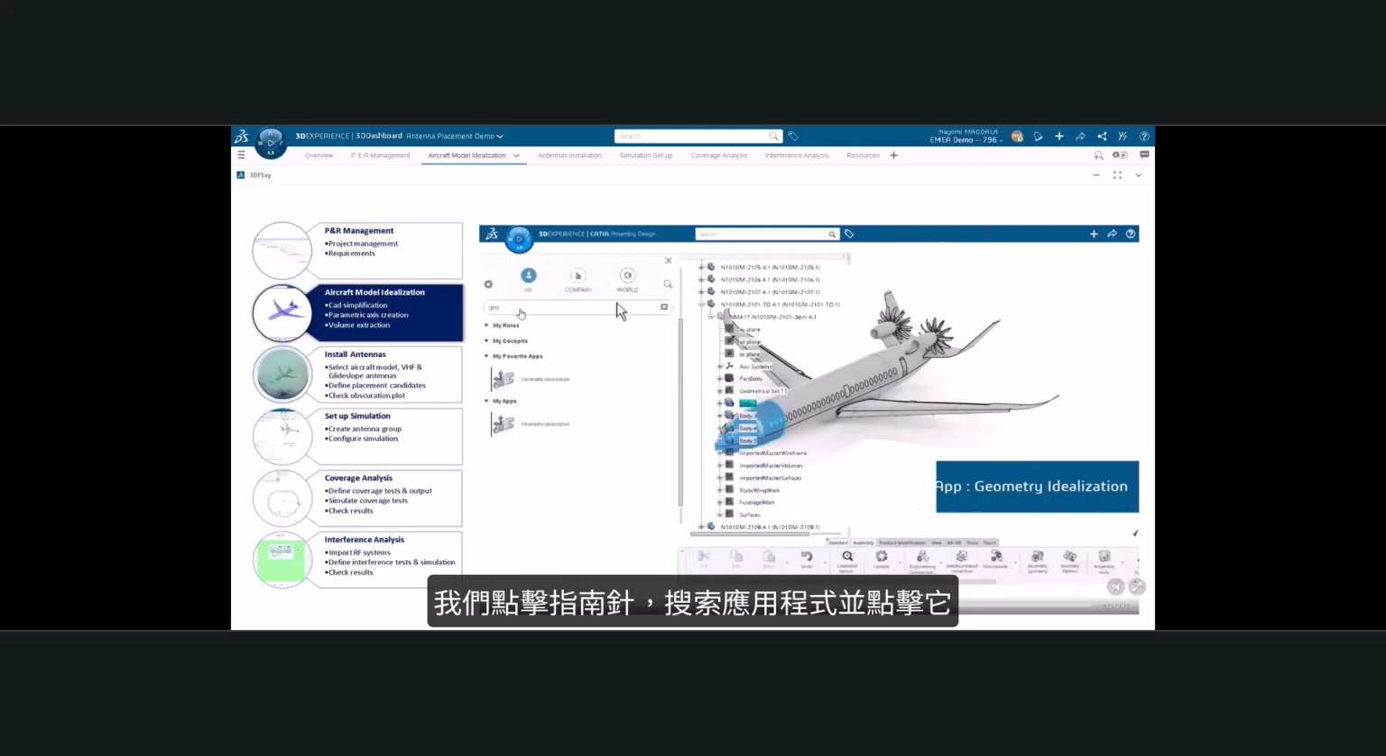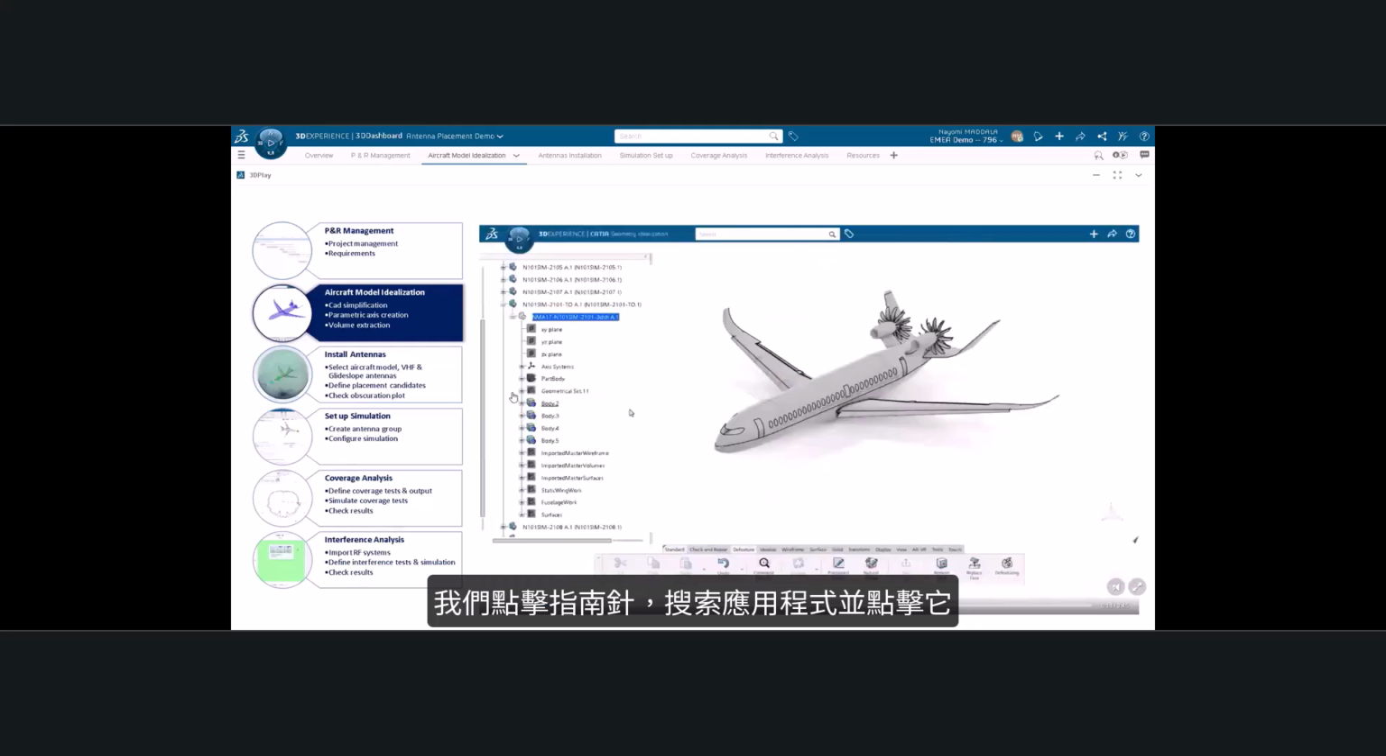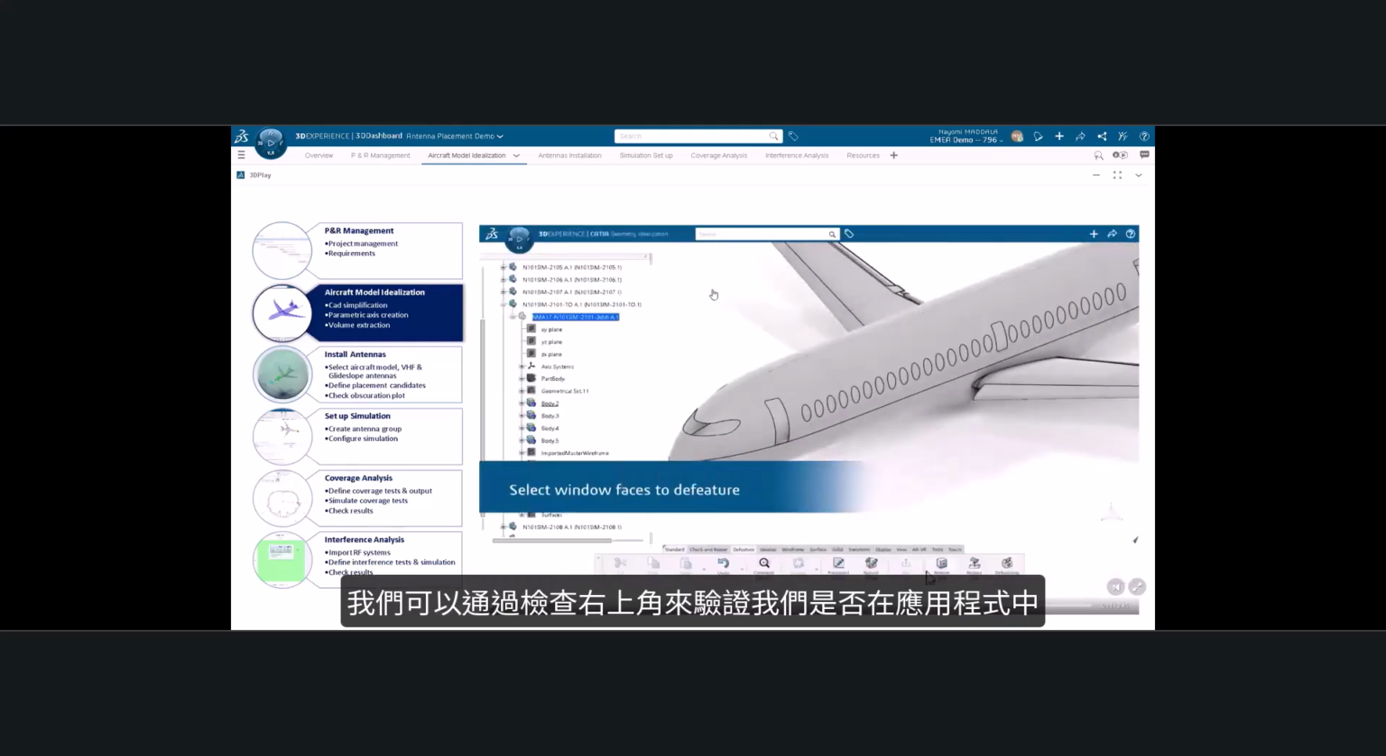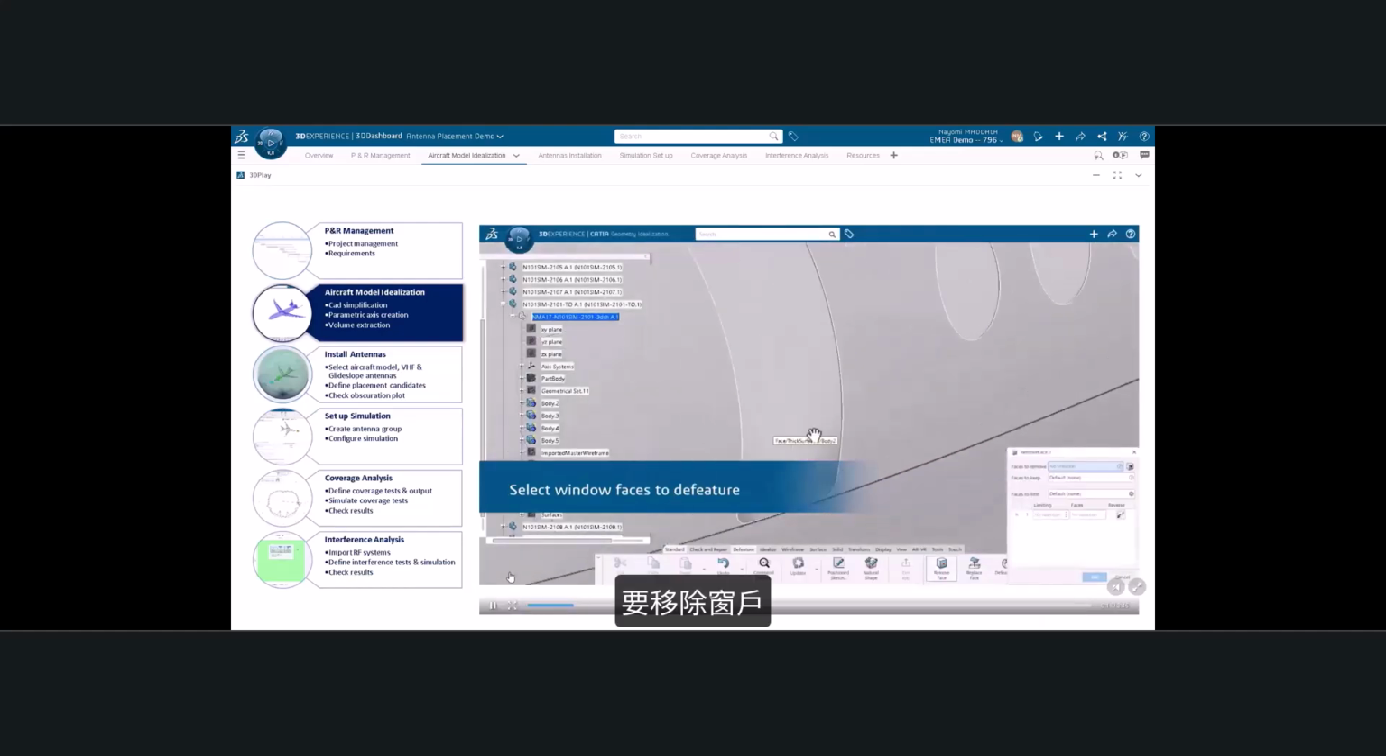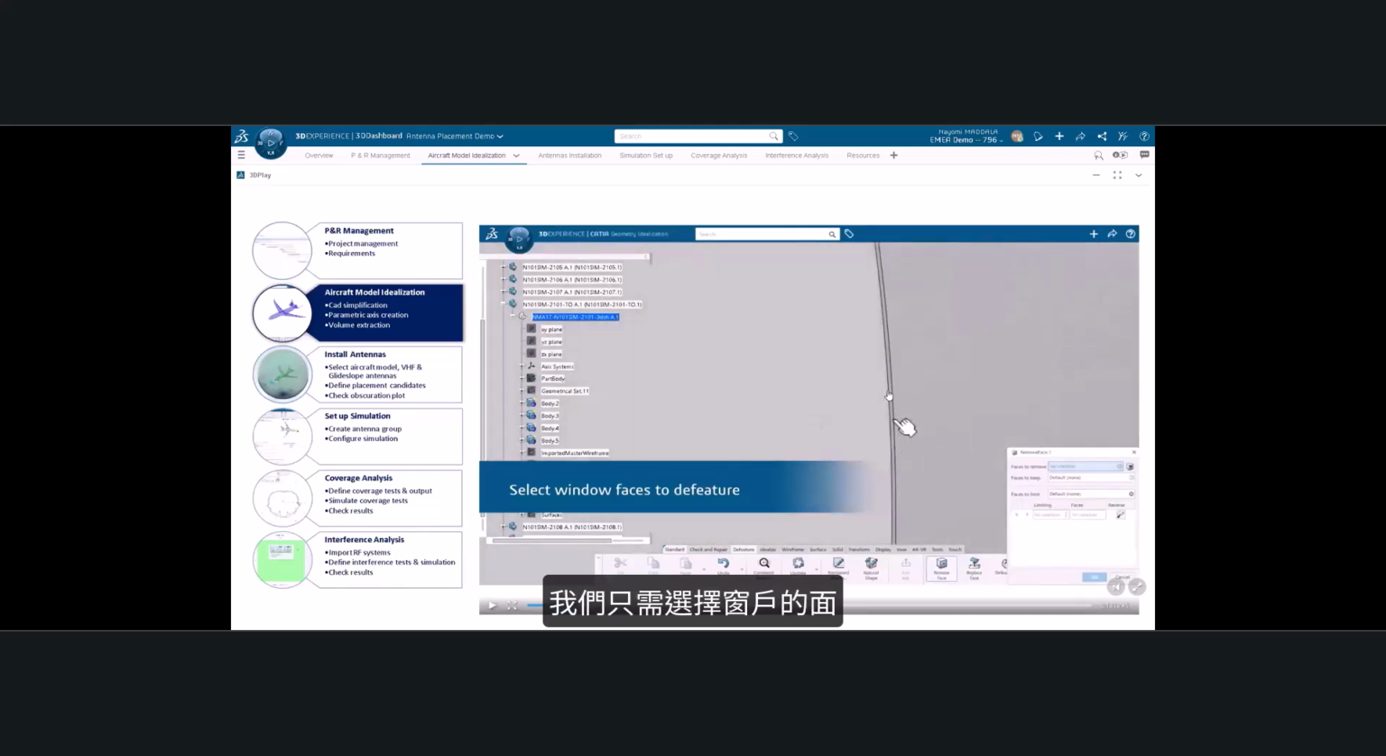We click on the compass and search for the application and click on it. We can verify if we are in the app by checking on the top right corner. And to remove the window, we just have to select the face of the window. And since these faces are not connected, there is the tangency propagation option. If we select this, all the faces which are connected to this face will be selected,